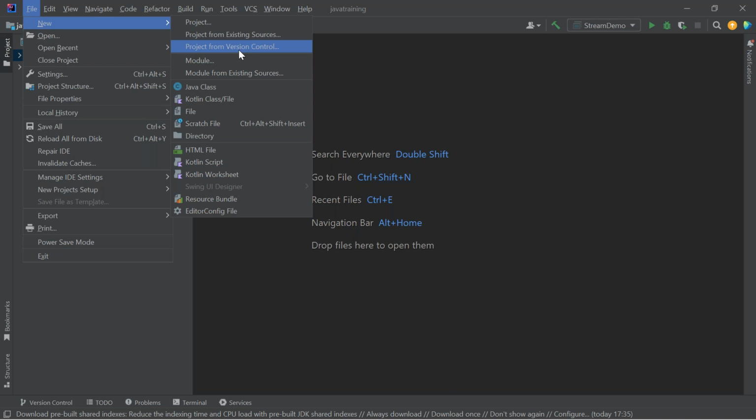In Git, you will use something called pull. The term is pull, but the actual activity is that you will download the files and folders from the Git repository. You will do the coding and you will push the code. That is, you will upload the file to the Git repository. Git repository is a centralized place where all the developers will give their code and it will be stored.